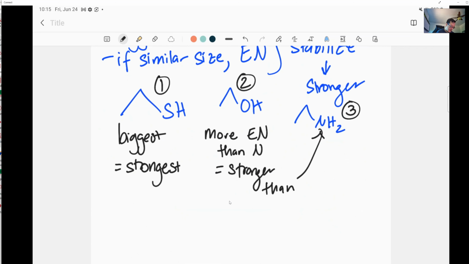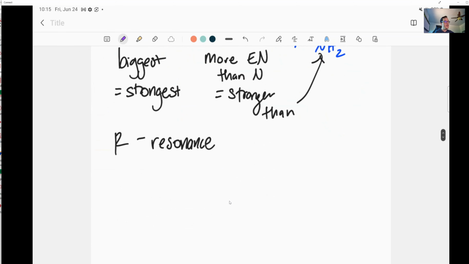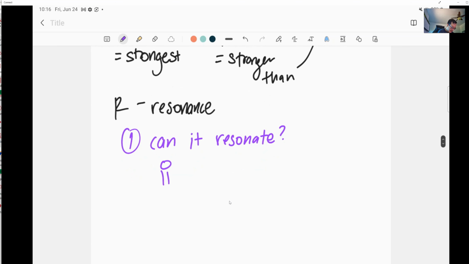But we can look at resonance too. R is for resonance. Here we go. Couple of things on the resonance side. When we look at resonance, the most important thing for resonance is, can it resonate? So if we're comparing two things, the first question is, can it resonate? If we're comparing ethanol versus acetic acid, of course acetic acid should be stronger, because once we make the negative, once we remove that proton,